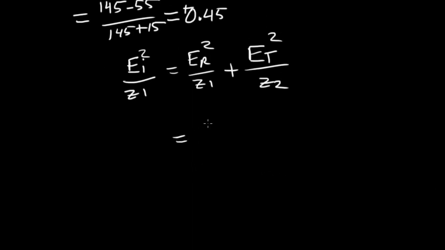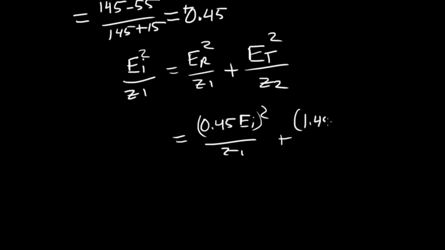So this equals 0.45 E_I squared over Z1 plus, what was it, 1.45 E_I squared over Z2, and this, we cross out the E sub I is the incident electromagnetic wave,